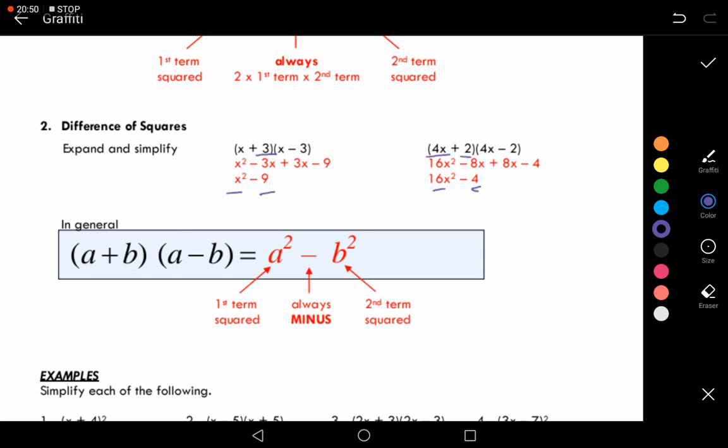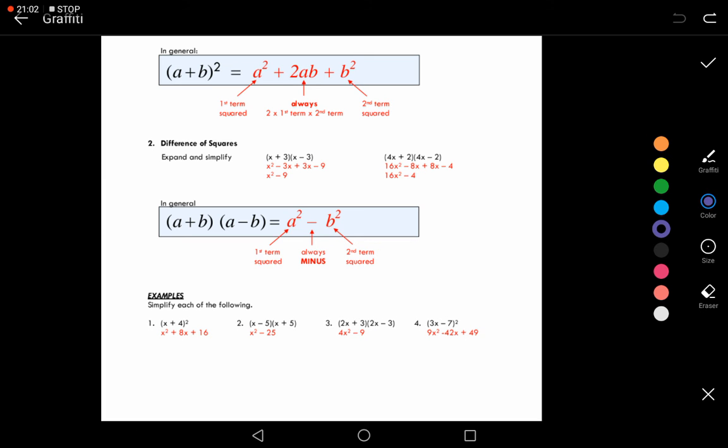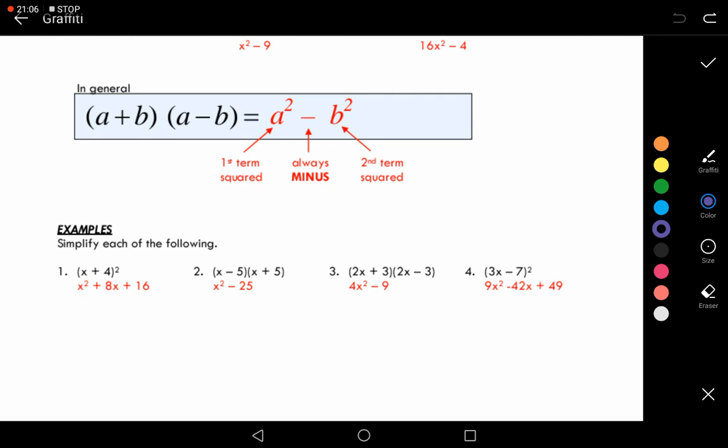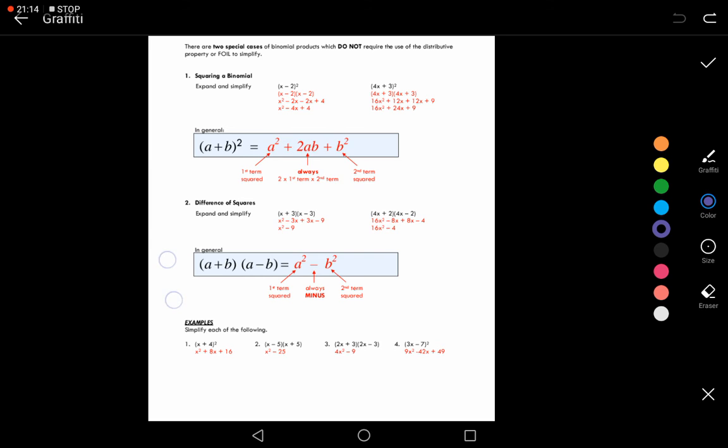2 squared is 4. Okay, so again, if you want to just expand and simplify these, I don't blame you at all. It's probably what I would do. But if you want kind of that little bit of a shortcut, then you are welcome to use these two general forms for that. Okay, just a quick couple examples here, focusing on that difference of squares and the squaring